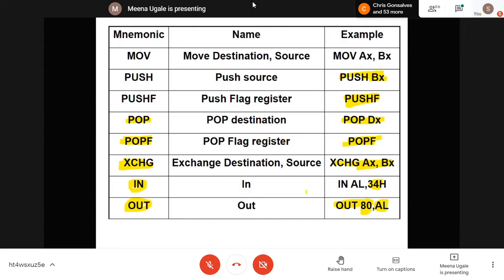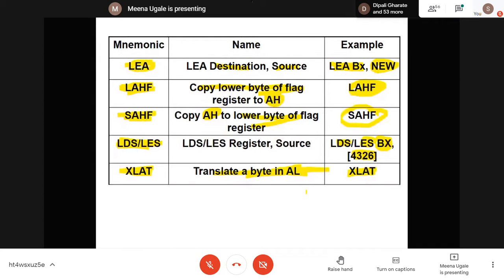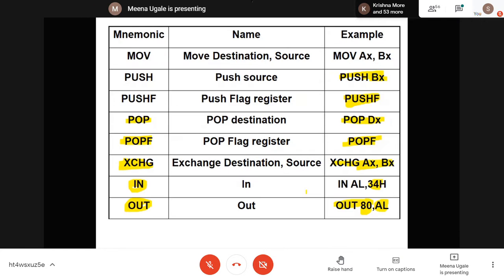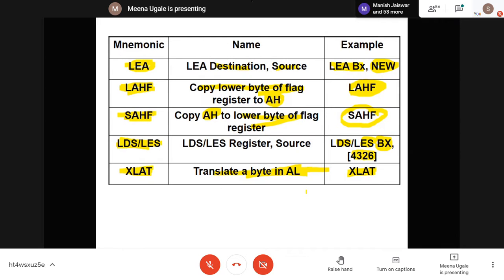So these are all your data transfer instructions. Maybe in the paper you may get a question, even in an MCQ, like which of the following is not a data transfer instruction, and this is the list given to you, and maybe one instruction is different from this. So you should clearly identify which instruction is not a data transfer one. If you see all these instructions, they are not going to manipulate your data. They are just going to transfer your data from one location to another, or from source to destination. That's why they are known as data transfer instructions.